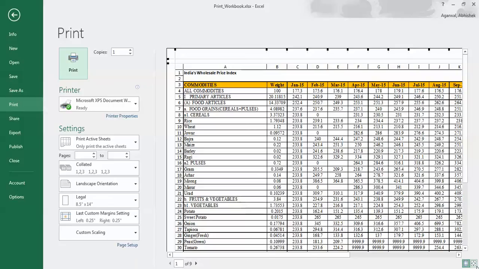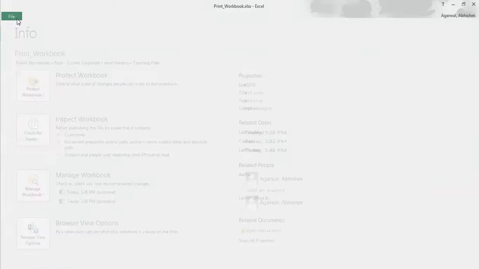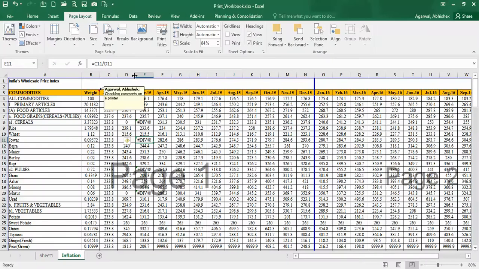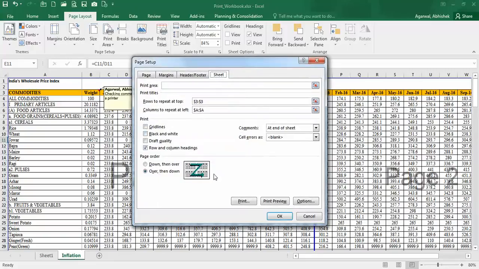It is totally up to you how you want to present your errors. Excel has the option for you to use, and it's totally up to you how you want to use this. Now if I go again back to this printing thing,